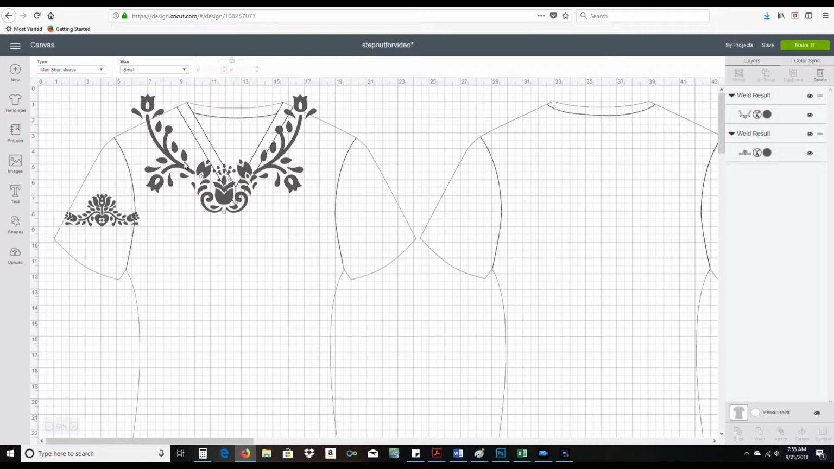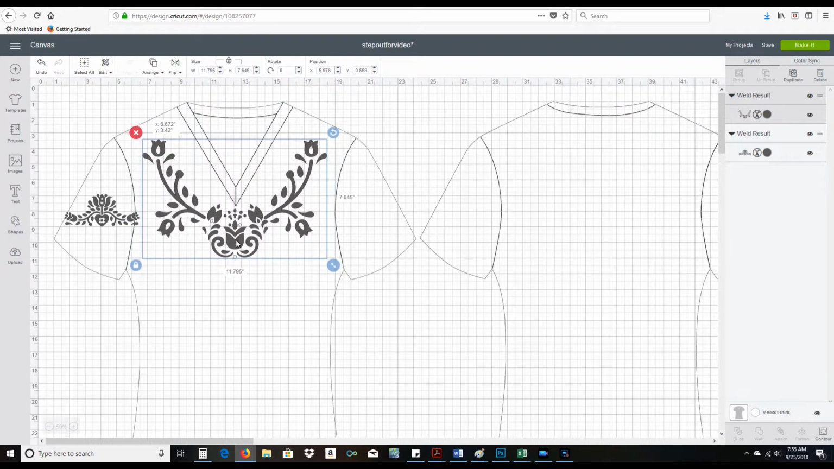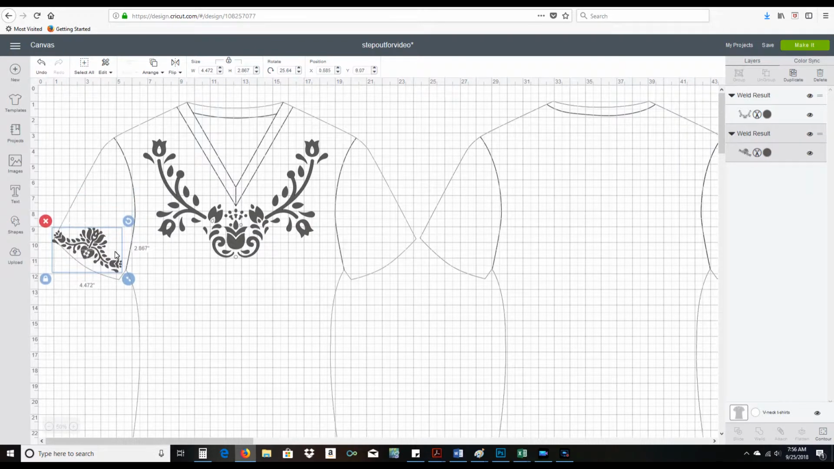So now I can move my little design and see how it looks on the t-shirt itself. I'll move it down so that it's about where I want it on my actual t-shirt. And I think that looks pretty cute. And then the sleeve piece, I'll rotate to put it on the edge of the sleeve just to see if I like the way that looks. And I do. And now I'm going to duplicate that as well because I'm going to need 2 of those